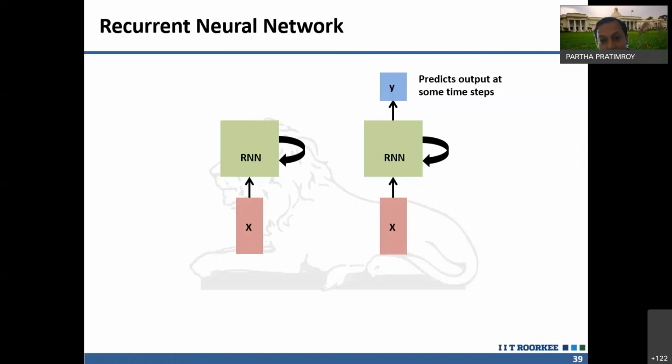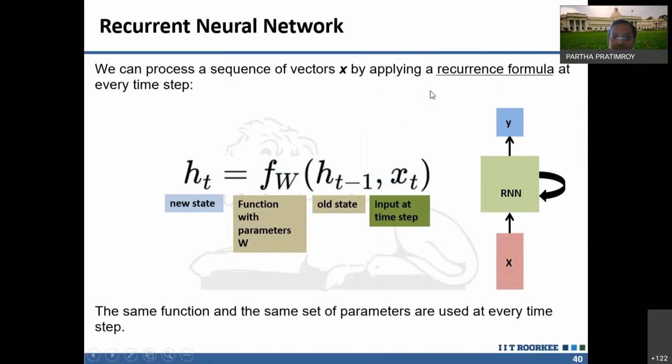So there you are maintaining the order of the inputs. You come with the first word, then the second word. The second word actually depends on the first. You get some results, and you apply those results as input along with the second word. You get the results, and like this the recurrent neural network works. So you have the input features, the recurrent neural network, and it predicts output at each time step. Let us go into more detail on how this multi-layer perceptron works inside.